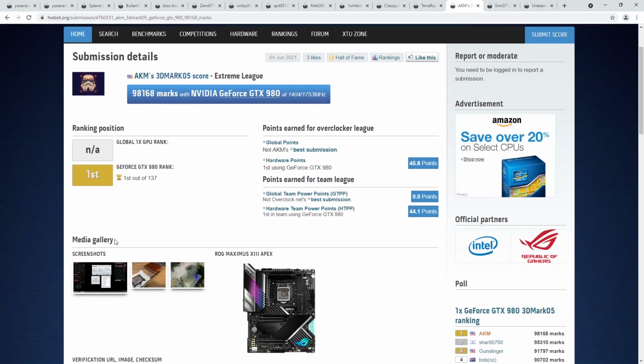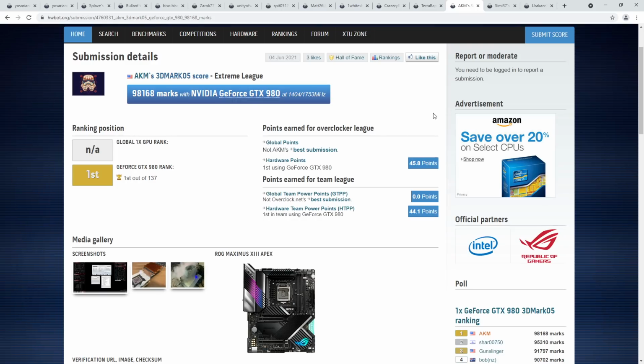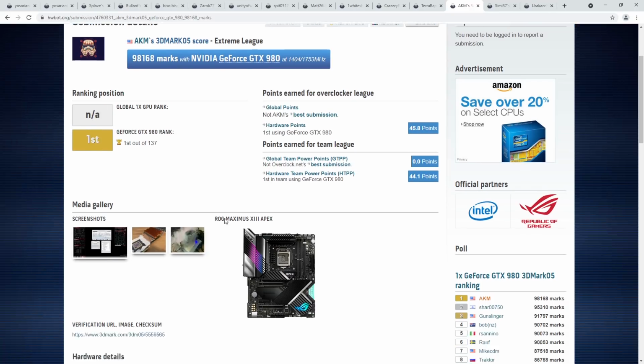Yeah, still, congratulations to AKM on really pushing that 11900K and then just relaxing on the GTX 980. There's other benchmarks he ran with the GTX 980 where he actually is pushing the card, but this is the best result he got out of that card because, well,